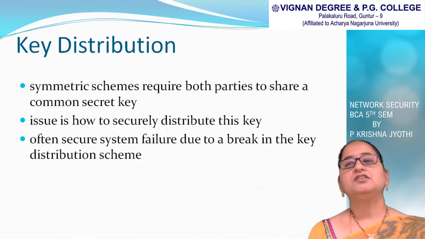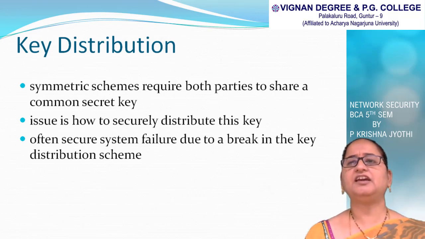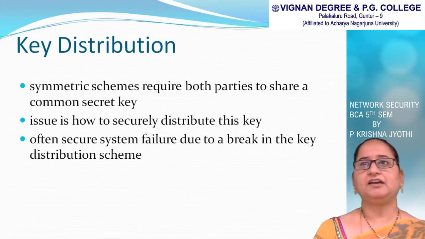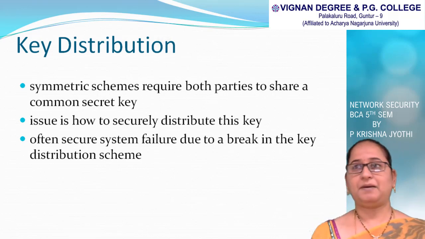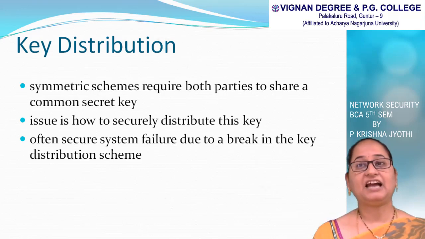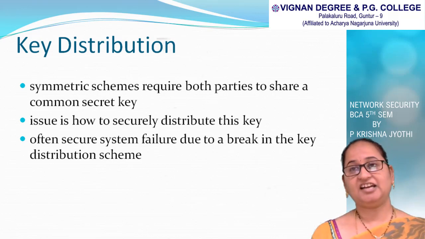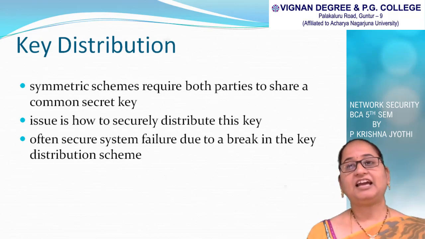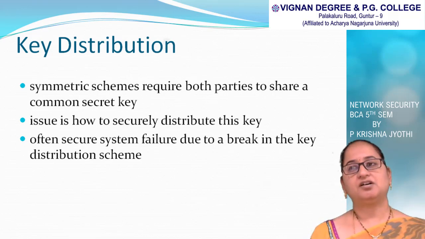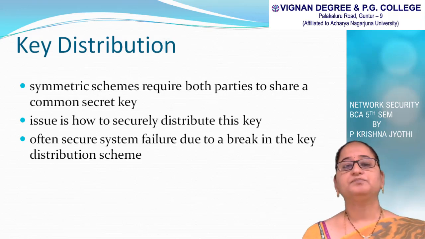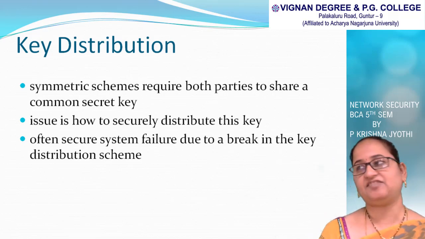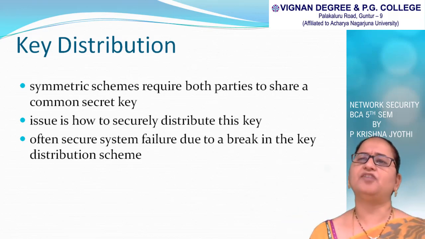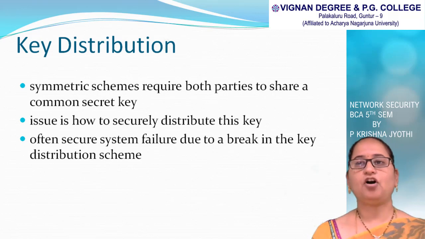So key distribution. You are all familiar with key distribution in public key encryption. To distribute the key, we use public announcement, public key authority, certificate authority, and public key directory. These methods are used to share the key. Here also we have to discuss how a key is distributed between the sender and receiver. Since it is symmetric encryption, one common key is shared between the sender and receiver.